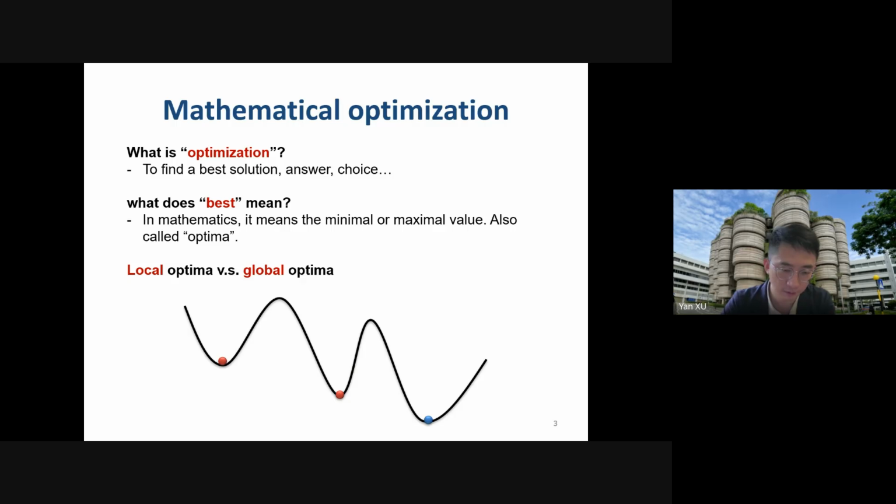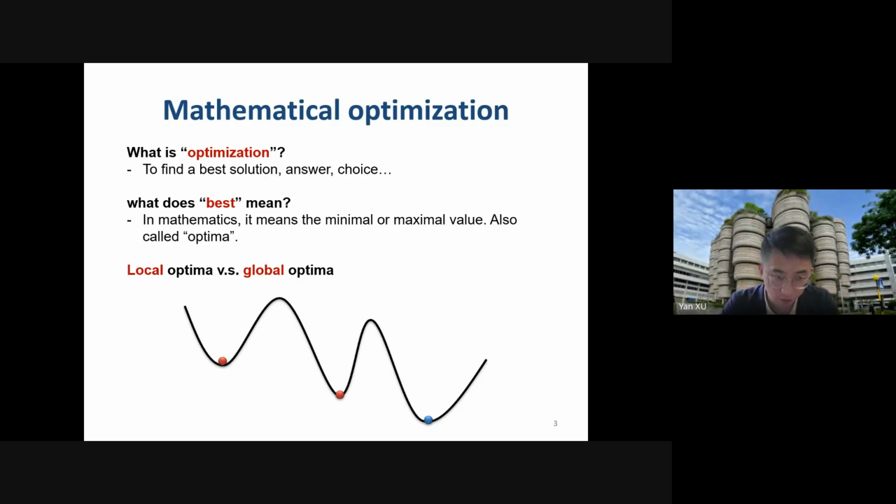But of course, as I said, we want to find the global optima. So later on, I will introduce some criteria. We need to make sure that this problem is convex. And as long as it's convex, the local optima will be the global optima. Now we have talked about